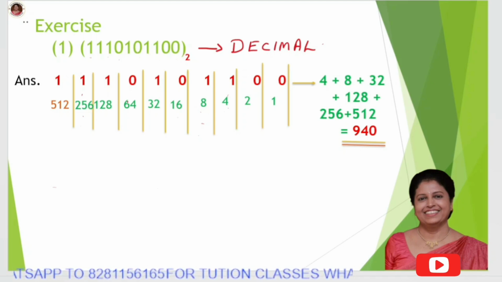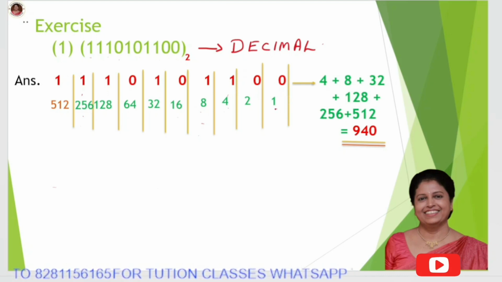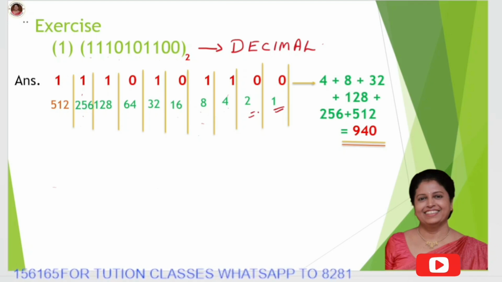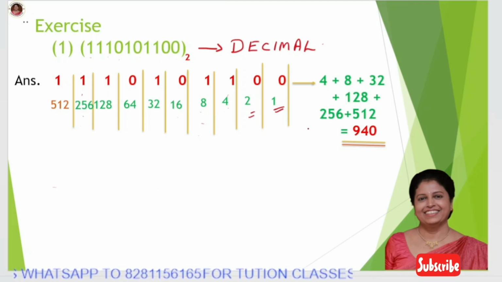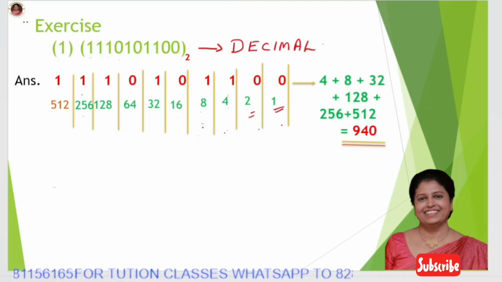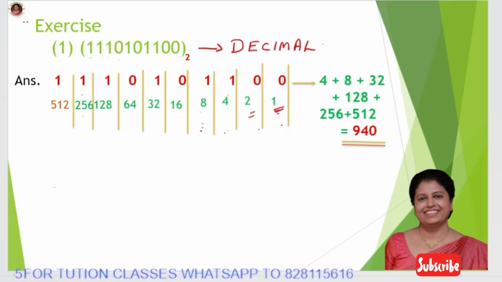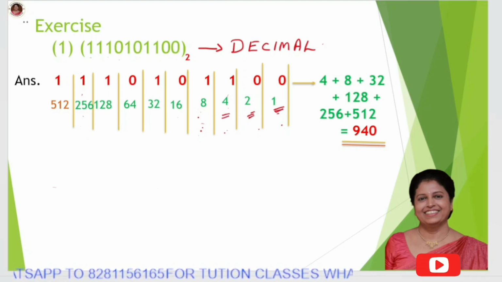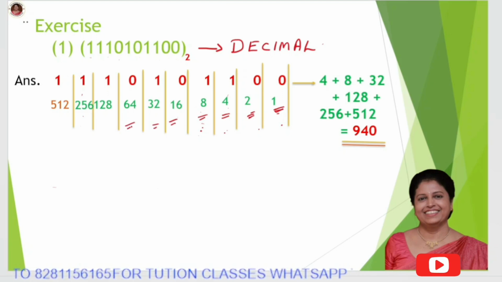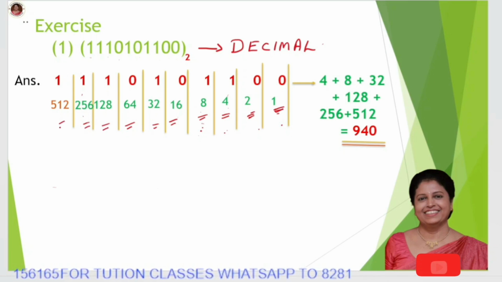11101101100. In the same way, we can write like this. Then we can write here, as we have seen earlier, 1, then double of it 2. Each time we are multiplying by 2, that is 2 raised to 0, 2 raised to 1, 2 raised to 2. That means we can take the double of each one: 1, then 2, 4, 8, 16, 32, 64, 128, 256, 512.